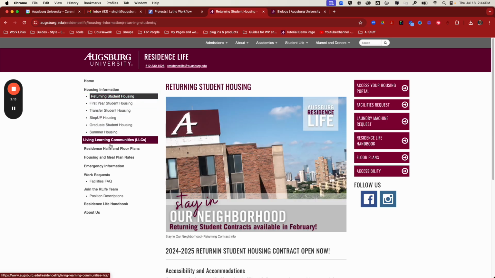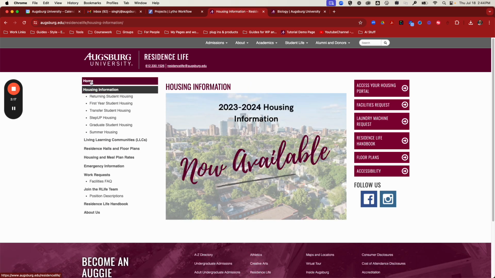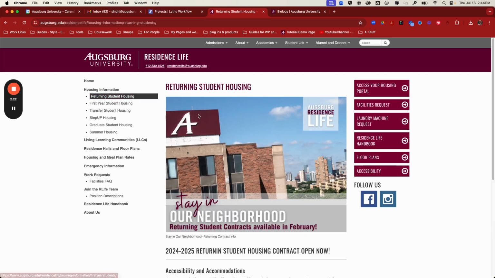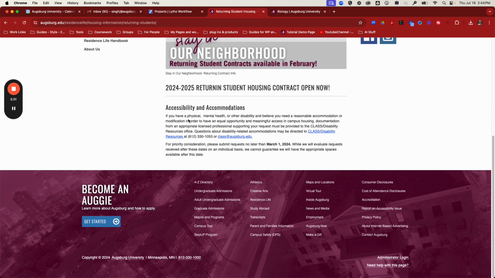For example, residence life. Anything outside of that main homepage does have editing availability. So to log in, what you want to do is scroll to the very bottom of the website,